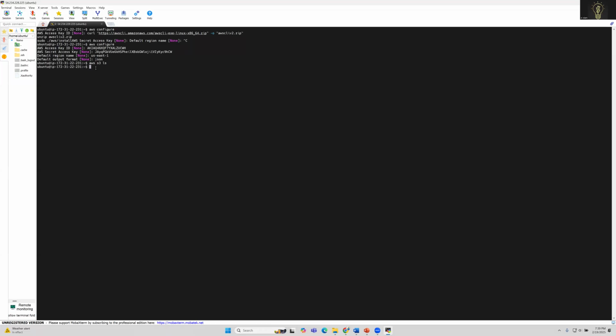So next thing I have to do, I have to create a folder. I'm in the home directory, so if I do ls, I can create a new one. So we can do mkdir, and we can name it February 19 infra deployment. So if I do ls, you can see it's created. Now I have to go inside this folder. So inside this folder, we have to create a